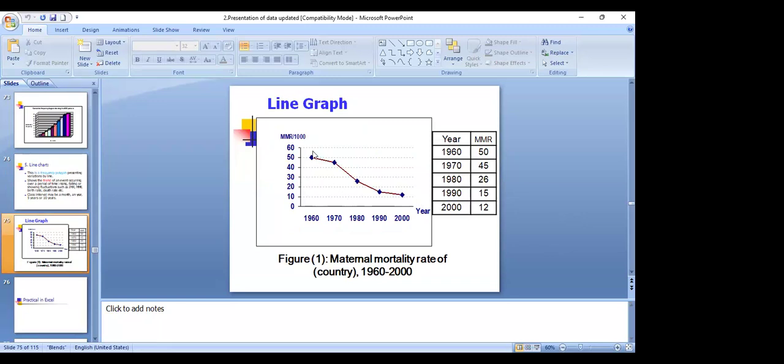और इसमें भी क्या है, इसमें भी तो हिस्टोग्राम ही है. आप देखें यहाँ पर 50 पे आप पॉइंट लगा दें या एक वर्टिकल बार बना दें, 50 से यहाँ आ जाए मिड पॉइंट पे, यहाँ आ जाए, उसको ज्वाइन कर दें, तो अल्टीमेटली आपके पास एक लाइन डायग्राम बन जाएगा. So it is essentially the same.